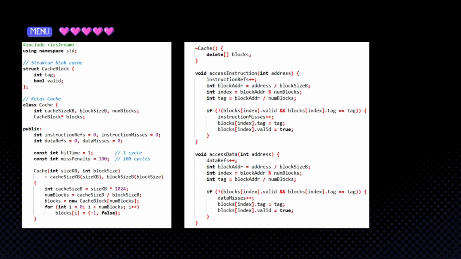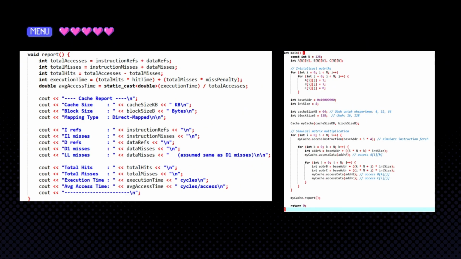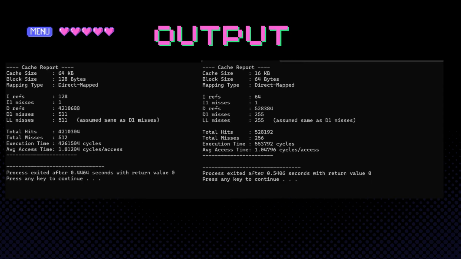In this program, we simulate how a direct mapped cache works in a computer system. The cache is built using a structure called cache block, and the cache class manages its behavior. The user can set the cache size and block size, and the program keeps track of instruction and data accesses, including hits and misses. During execution, we initialize 3